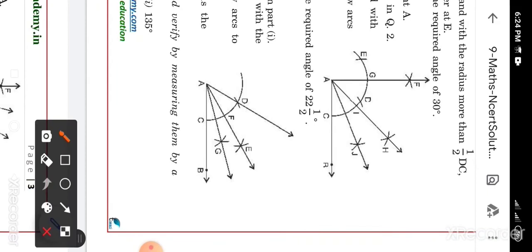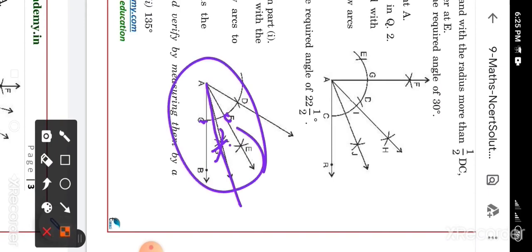These are the steps of construction. Now moving to the next question, this is the 15 degrees. If you see it carefully, 15 degrees is half of 30 degrees. So first you have to make the 30 degrees. For that, first you have to make the 60 degree angle. First you will draw a line, then you will cut an arc from here. You will make the 30 degrees as you have made in the first part of this question, and then you will bisect the 30 degree angle. You will take an arc from there, and another arc from this point, point F and point C, and you will cut an arc like this. Then you will join at this line, and this is the 15 degree angle.